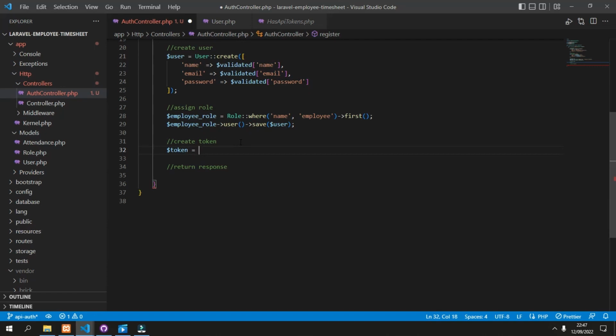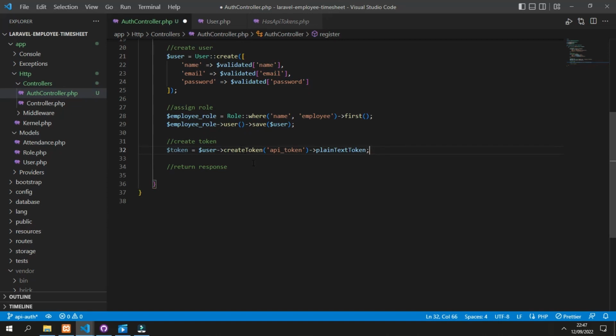We will use the user object to create the token, so user createToken, and it expects the name, for example API token, and we will return the plain text token of this token object.